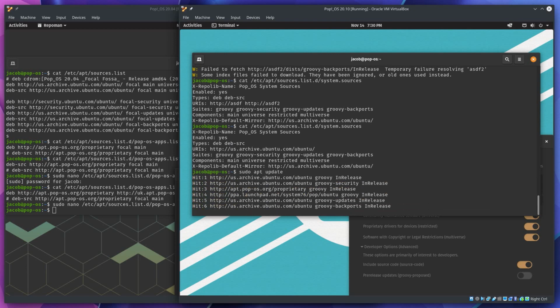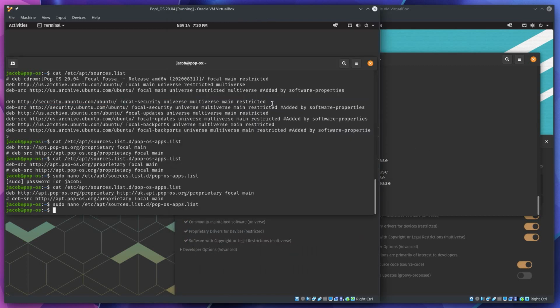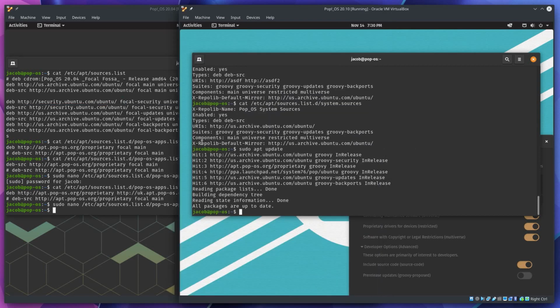We're not getting any error messages anymore. So that's another example of being able to use additional fields in the configuration format. Since it is now line delimited information, each line is a different type of information, rather than space delimited like before. Theoretically, this default mirror thing, maybe it could have been accomplished using a comment, kind of like how the